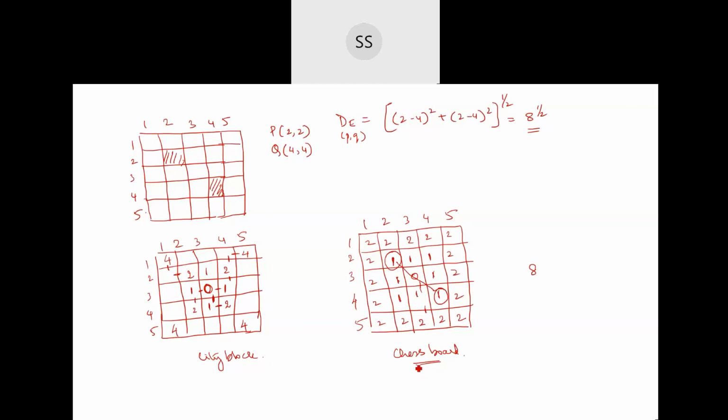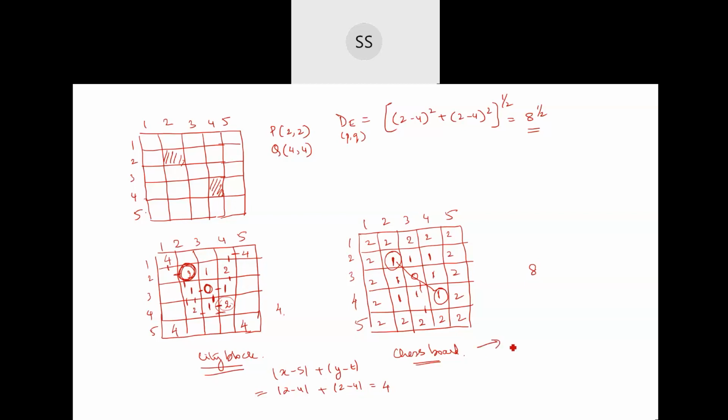But if you're making use of the city block method, what is the value of the pixel which is at this point? You're going to measure like this: 1 plus 1, 2, this is going to be 3, and this is going to be 4. So the distance is going to be 4. You can see the calculation also. It was given as the absolute value of x minus s plus the absolute value of y minus t. So that was 2 minus 4 plus 2 minus 4, so that was 2 and 2, you get it as 4. This was for your city block.